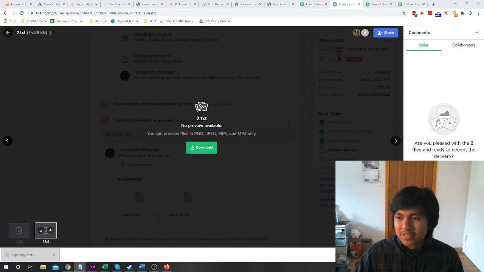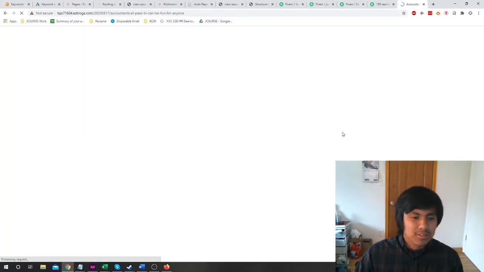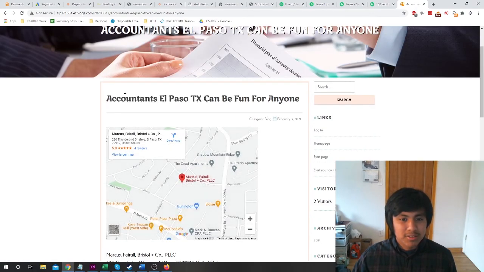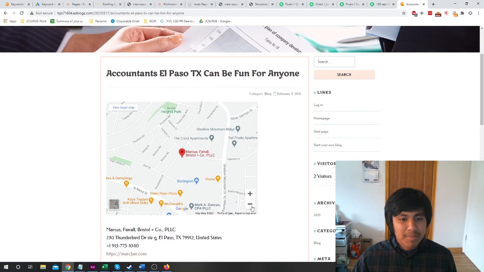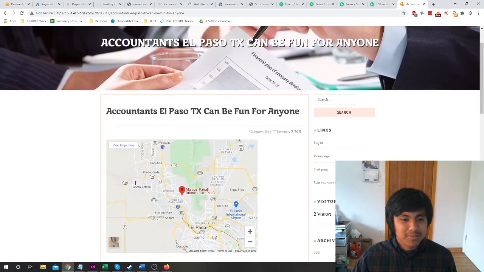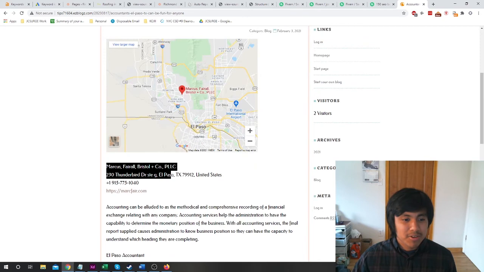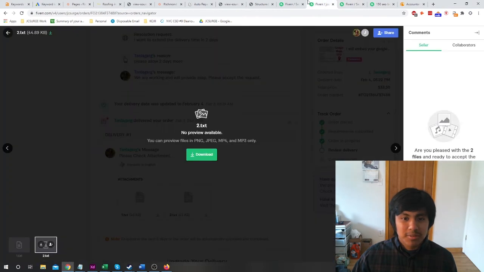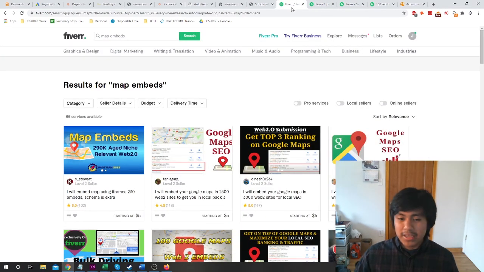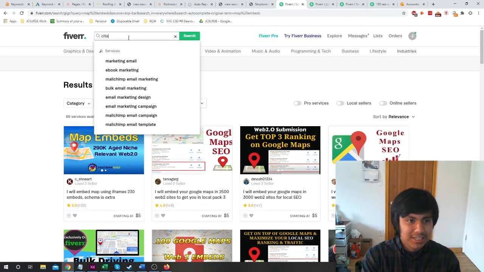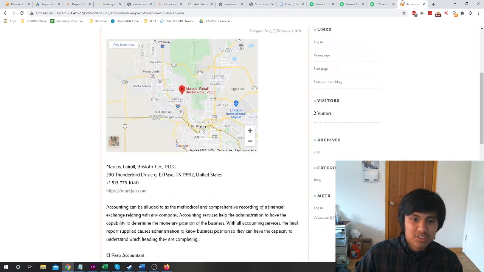All right, this is what it's going to look like. This is what it's going to look like. All right. This is for our accountant. Okay, so Accountants El Paso can be found for anyone. This is a map embed, right? It's embedding the company name, and it had a little bit of text over here and stuff like that. It has their name, their company name, the address, the phone number, and the website. Boom. That's what you want. That's it. Again, this type of stuff cost me like $10. Buy it. All right. Last thing you're going to do, last thing is citations,